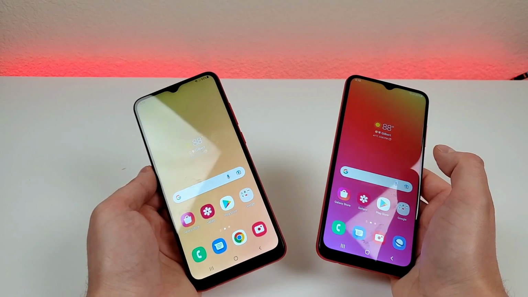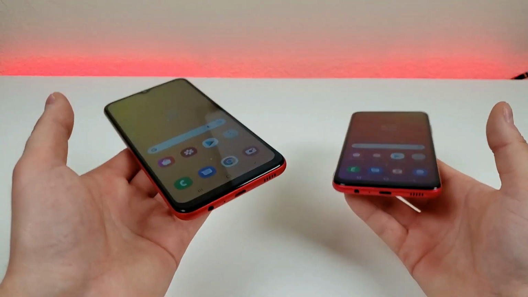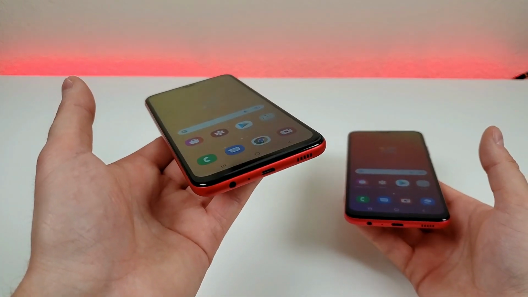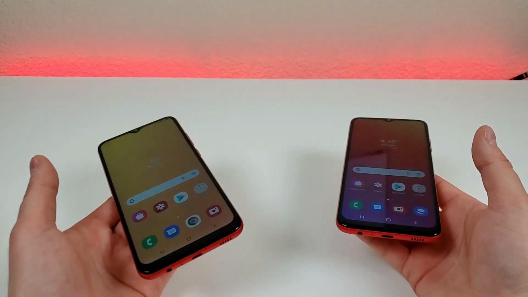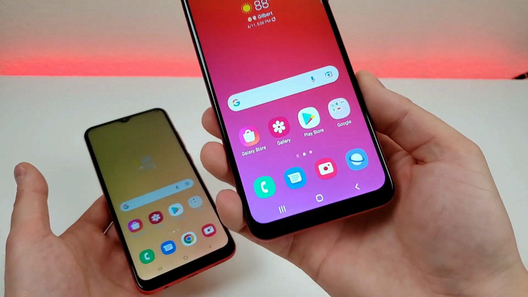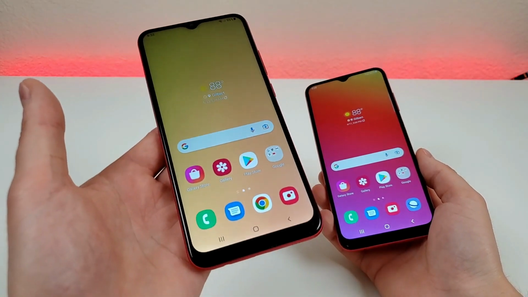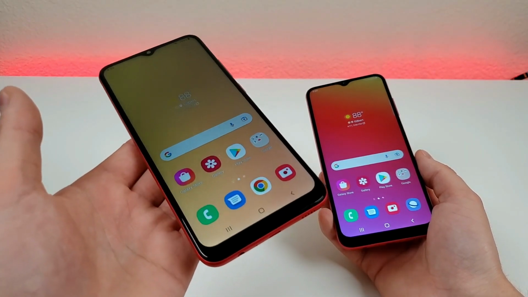And another major difference between these two phones is what you would use to charge them. So with the Galaxy A03, we have micro USB, whereas with the Galaxy A03s, we have USB-C. Now for me at least, I'm a big fan of using USB-C. Micro USB is certainly something of the past, and I really can't believe that a phone would even launch in